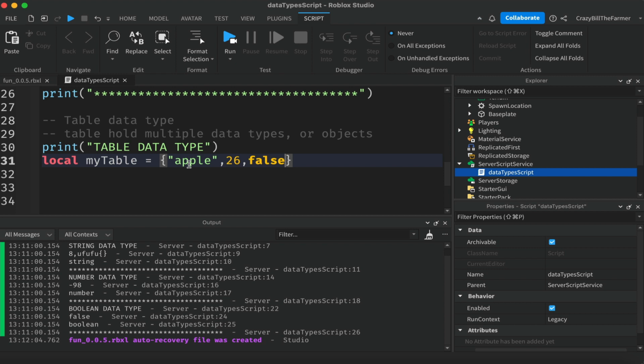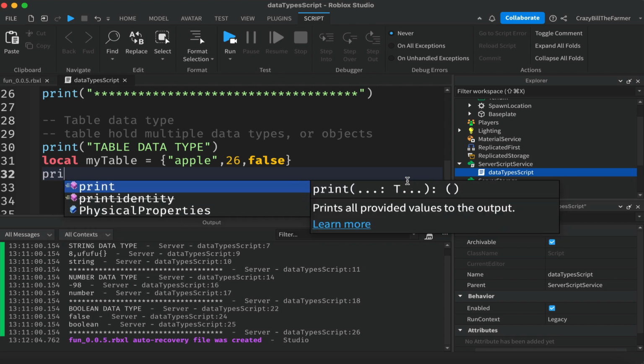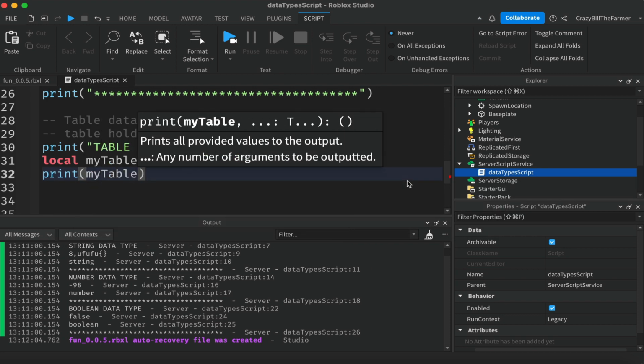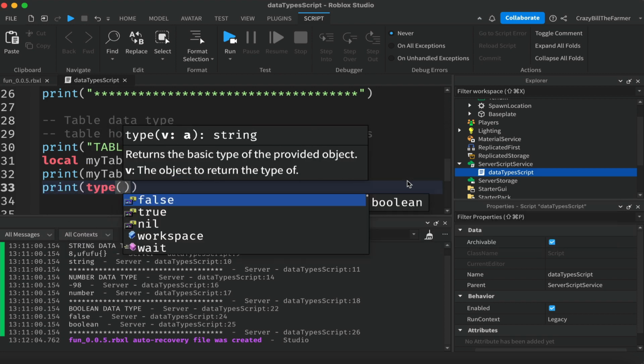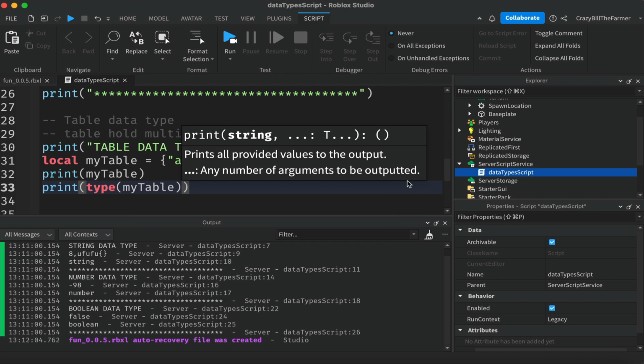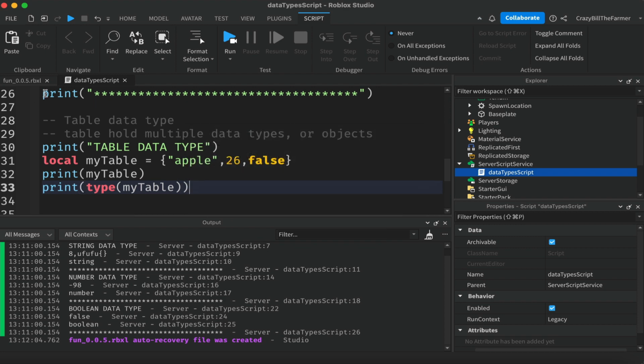Most often they contain the same sort of thing, so it might be a list of fruit or a list of numbers or a list of Booleans, but you can store anything inside of a table. All right, and underneath we'll print my table, and we'll print type my table, and we'll just add this down the bottom,